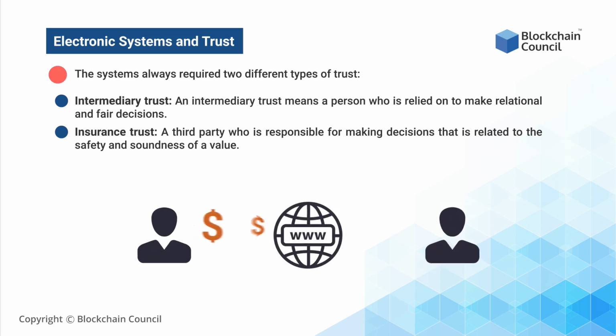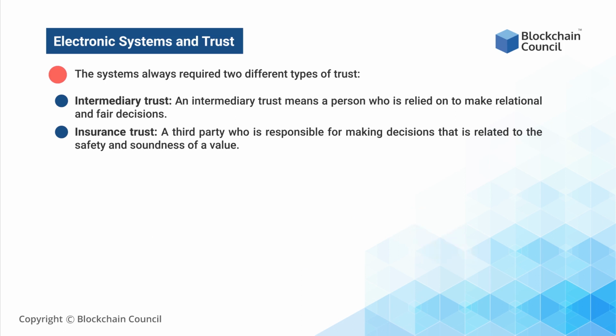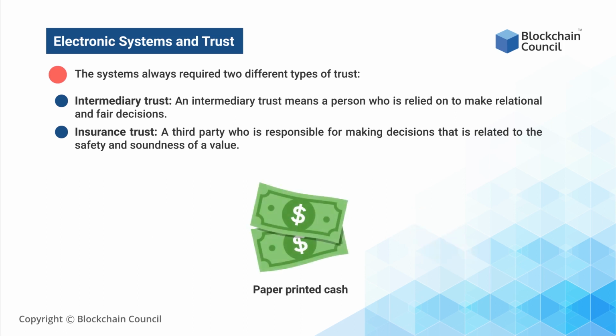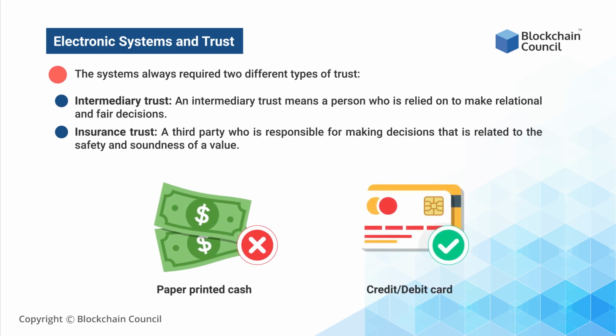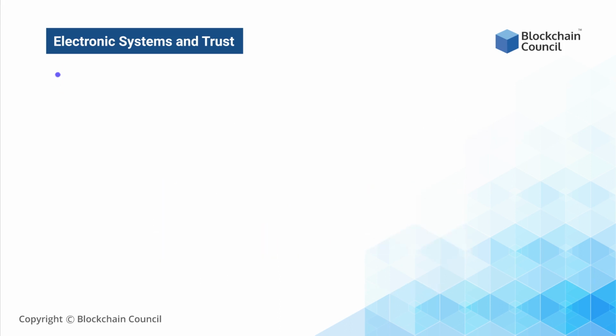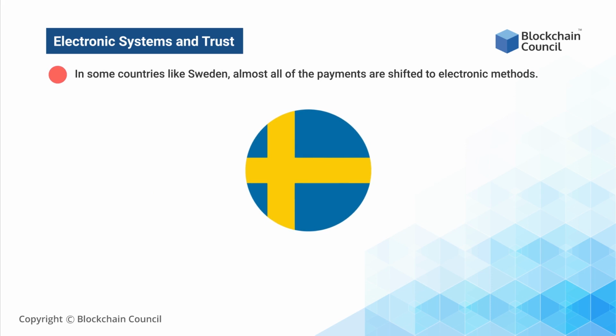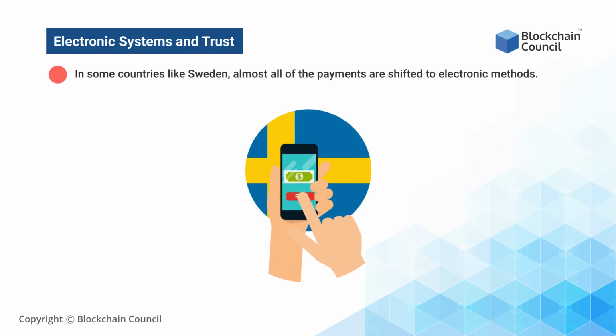Financial transactions using the internet is one of the major problems, where trust is not just necessary but also mandatory, as it deals directly with cash. For multiple and situation-dependent reasons, paper-printed cash issued by the government is not the first choice of people to spend their money. Nowadays, people are preferring electronic methods such as credit or debit card payments than before. In some countries like Sweden, almost all of the payments are shifted to electronic methods, with most customers shifting their life to smartphone payment methods. Although cash is readily available for use, preferred payment methods are changed to digital payments.